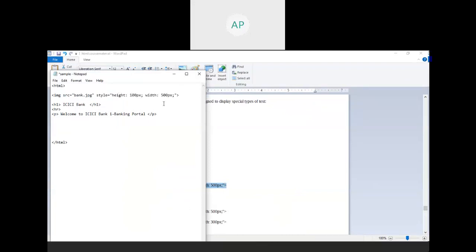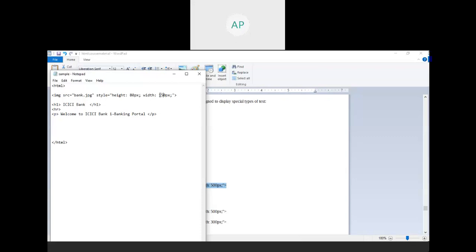Control V. So you know the height of the image and the width of the image. The height of the image, I like to have it as 80, and the width, let me make it 150. We will see about all these things sometime later.